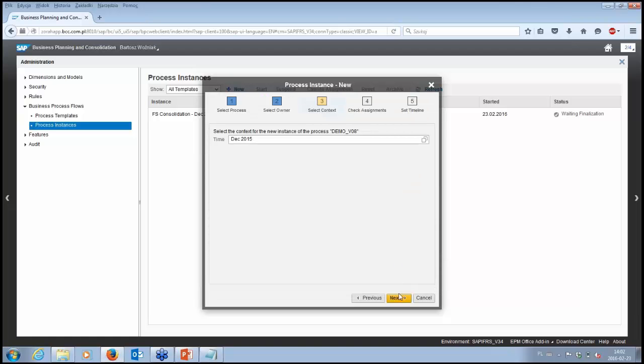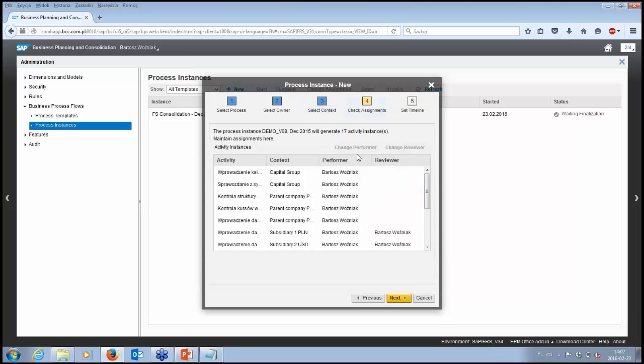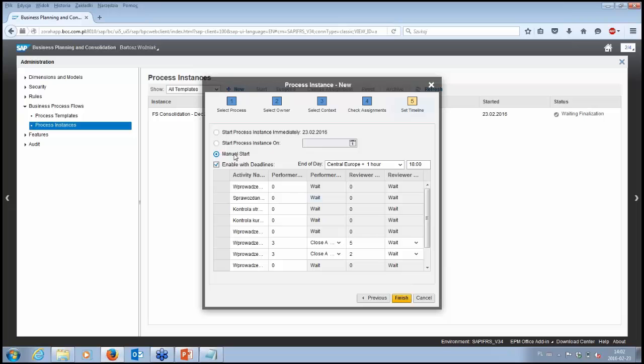You can also describe who is responsible to perform this and who is responsible to review the data, and then simply you can start immediately or set some threshold dates to perform. They might be set separately for the performer and for the reviewer.